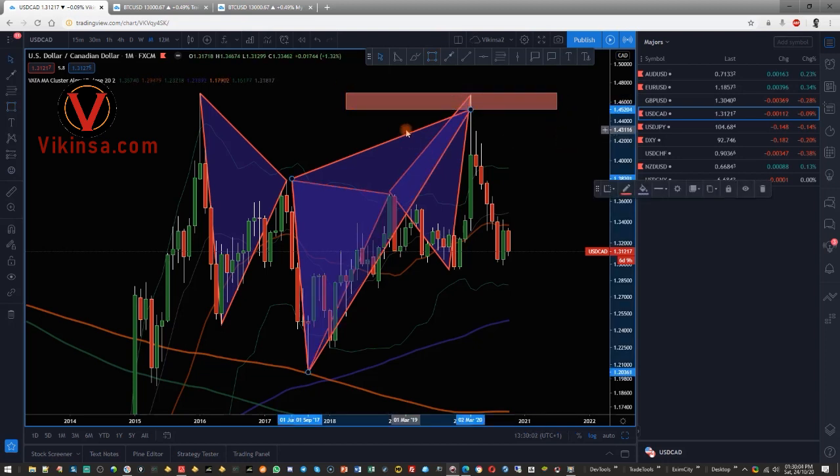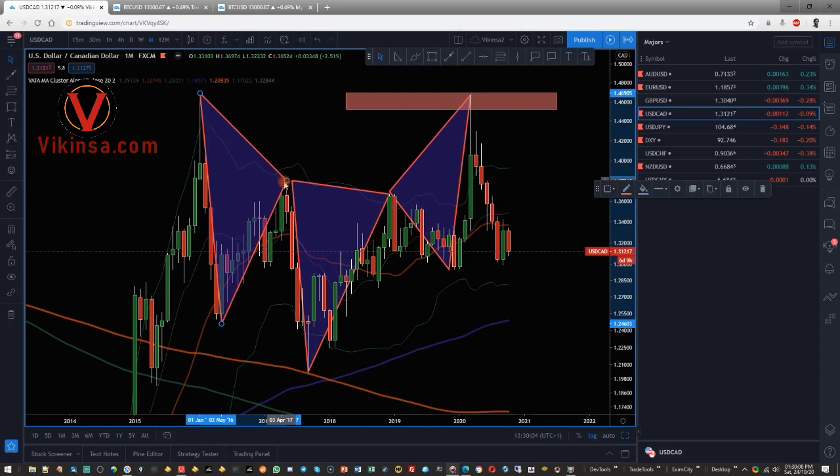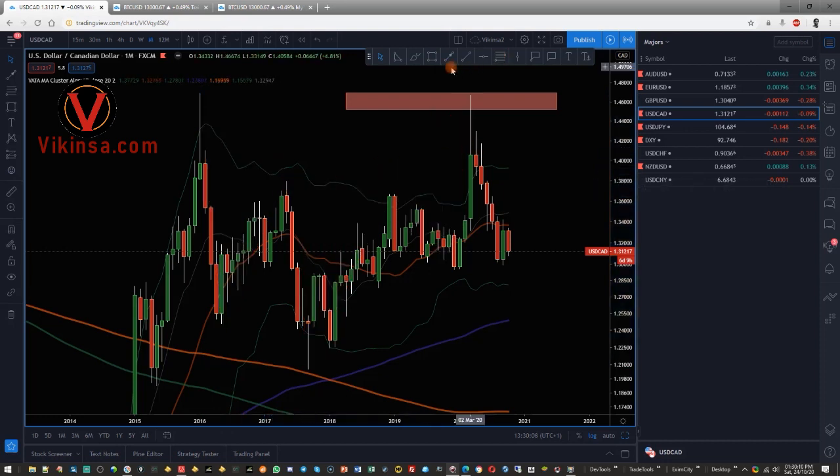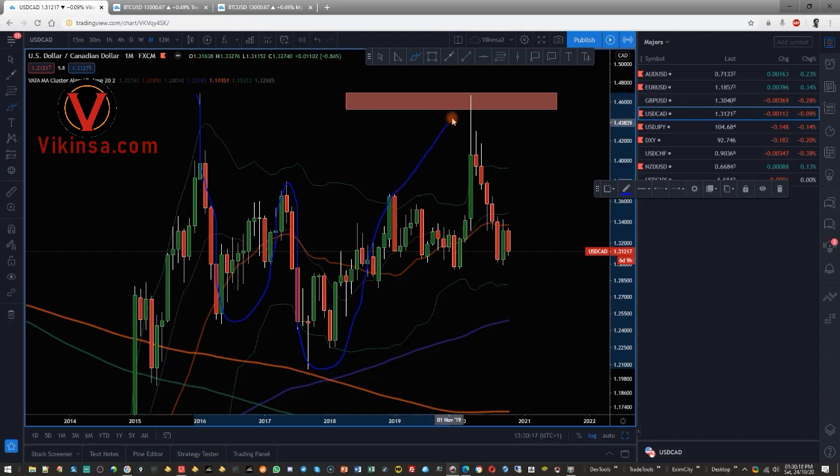Okay, now just remember the pattern. You see the pattern actually looks like this. Okay, let's just keep it there. So this is the one that we have. Okay, another one that you can draw is something like this. This is going to be a little more complex. Okay, now let me go to